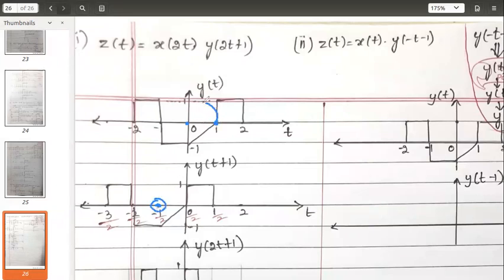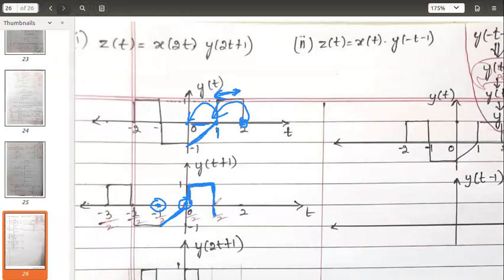It is 1. If you shift to the left side by 1, now this 1 will come to the 0 point. Check between these 0 and 1, we have a ramp. This ramp, you draw it here. Then we have the next point, that is 2. If you shift to the left side by 1, you will arrive at 1. Between 0 and 1, there is a pulse. Between 1 and 2, you have a pulse. The new value is between 0 and 1.